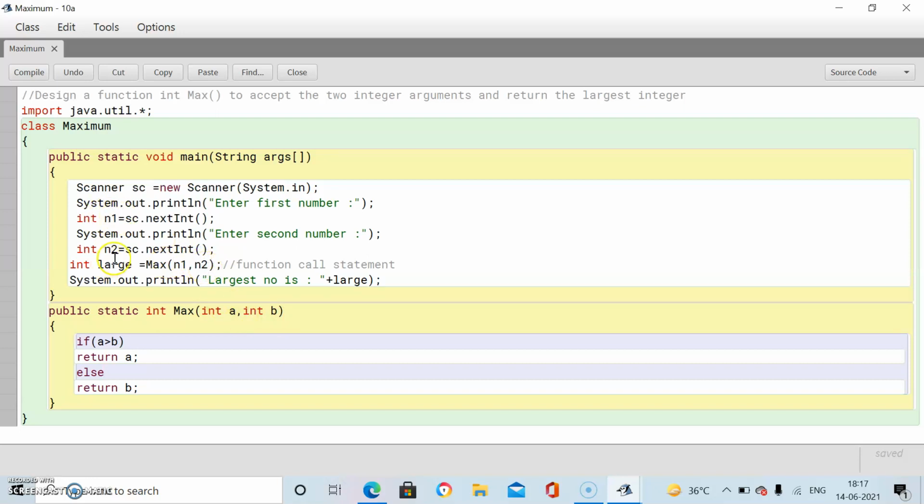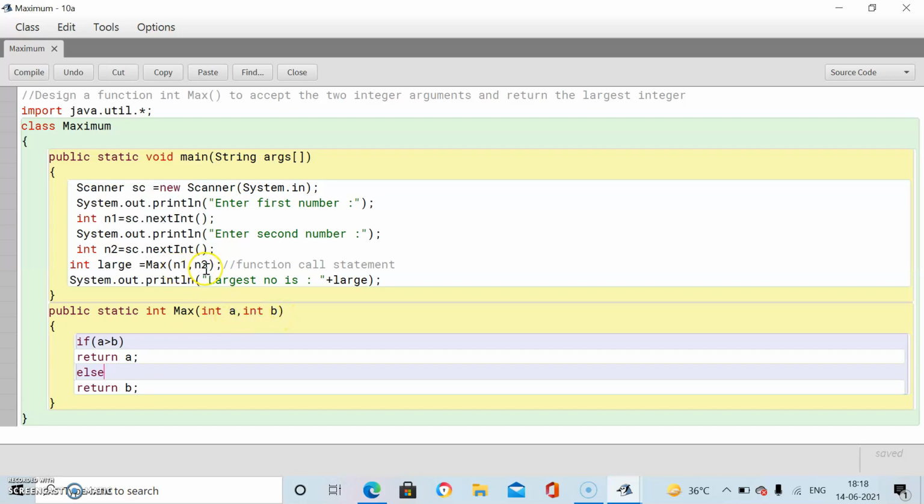These n1 and n2 are actual parameters, the actual values you are taking from the user. The variables which appear in the function call statement, in this case n1 and n2, are actual parameters, and we will receive the copies of n1 and n2 into A and B.